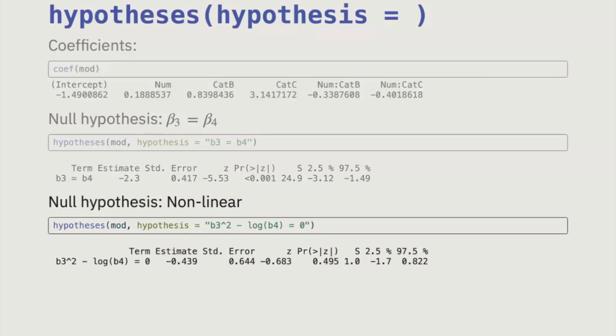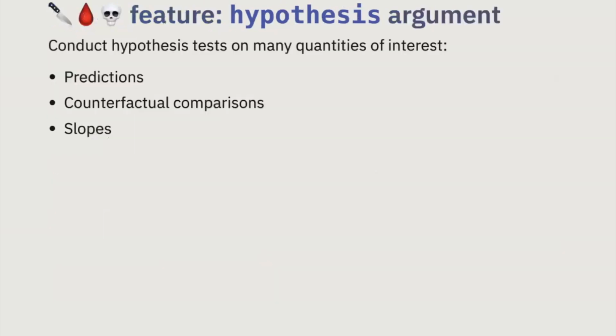But you can do almost any function that is evaluable in R. So you can do exponentials or logarithmic transformations and set those hypotheses. I'm just showing you that this is a really, really flexible argument. All right, so the killer feature here is that the hypothesis argument is available in all the functions of this